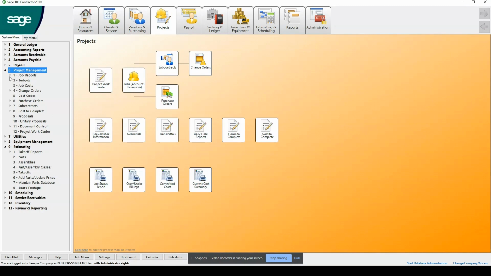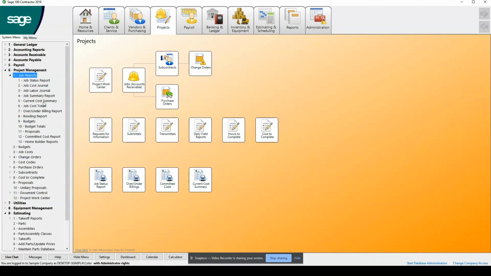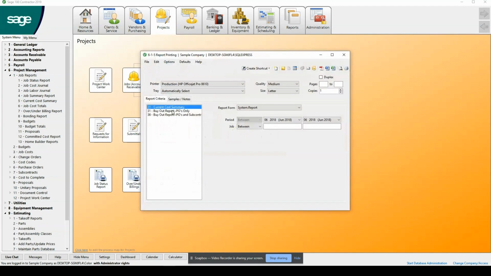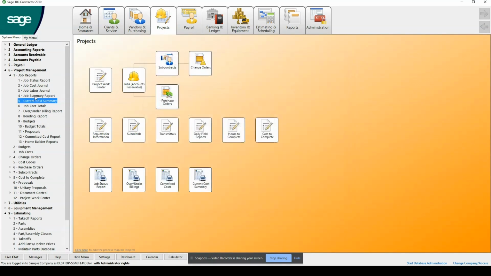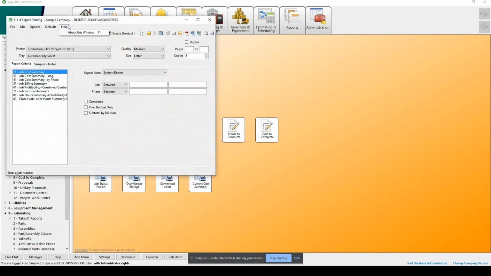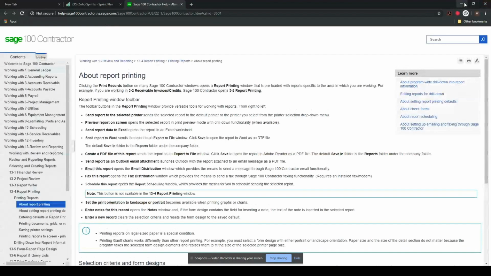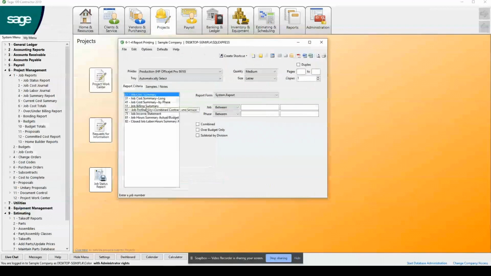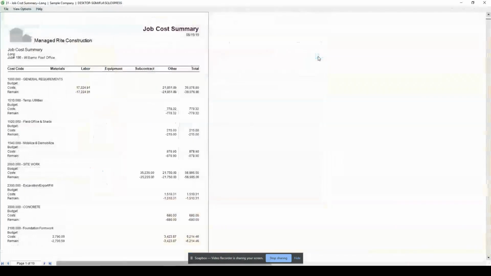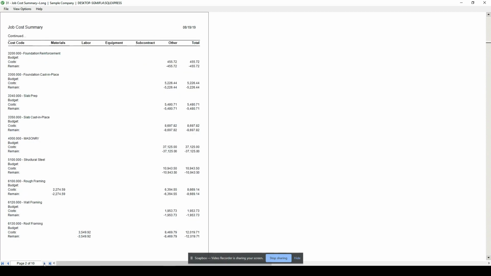So let's jump over to project management real quick. And I want to go over to my current cost summary. Apologize about that, I actually want job summary. So under 614 in Sage 100 Contractor, let's minimize you, don't need you. If I was looking at report 31, and I want to go back and look at this project, this being the project managers and the estimators, trying to figure out where we were breaking down our cost. So now I have no budget amounts. I just have cost, and I cannot tell what the remaining budget is or what my remaining amounts are.